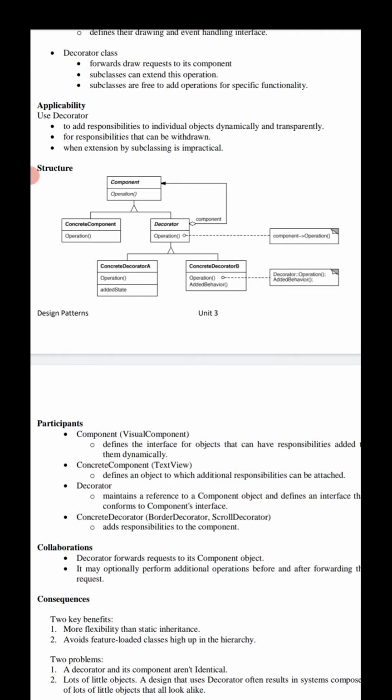We add concrete decorator A and extend this functionality with concrete decorator A and concrete decorator B. In concrete decorator B we write a decorator operation and add some behavior. In the decorator section, we hold a component and perform some operations for specific functionality.